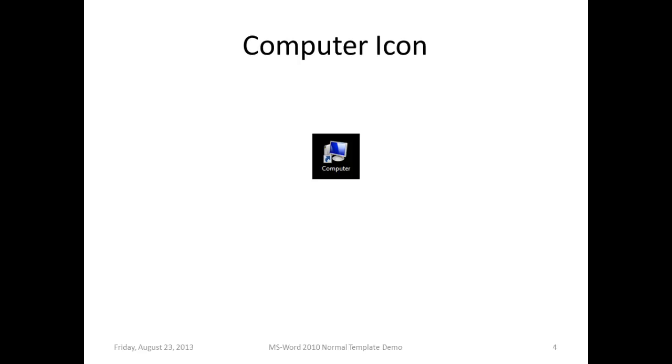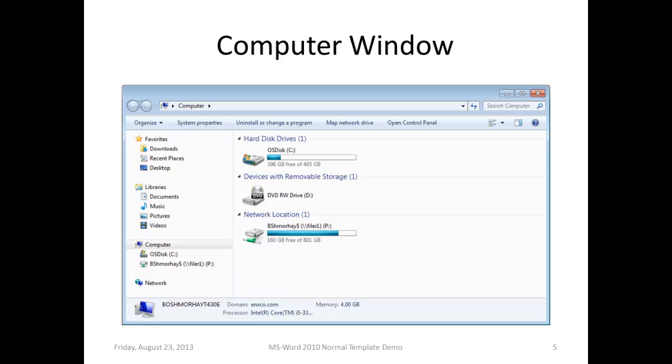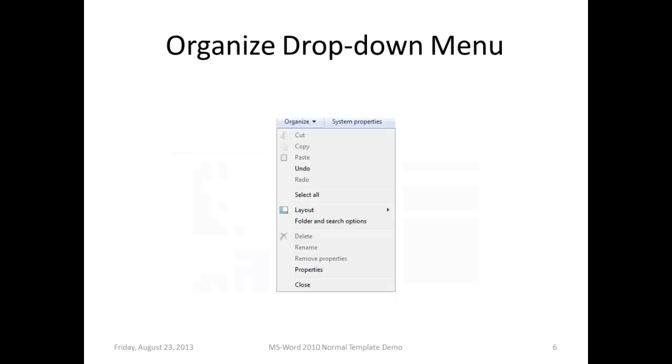Close all applications, back up your data before beginning this tutorial demo, and then double-click the computer icon on your desktop. That will invoke the computer window, which has an Organize drop-down button in its upper left-hand corner. You can use that to confirm folder and file type view properties. When you click the Organize drop-down menu, the layout command has some interesting features, but for now we're going to look at the folder and search options command,